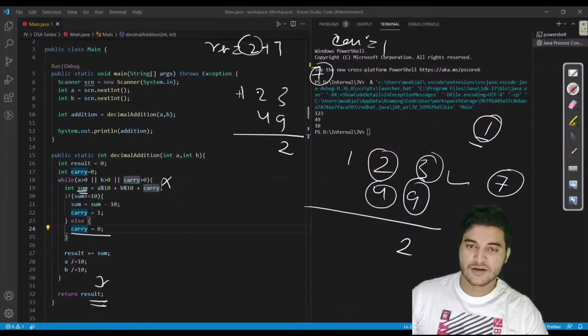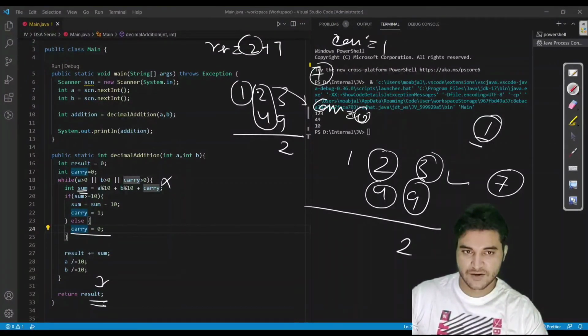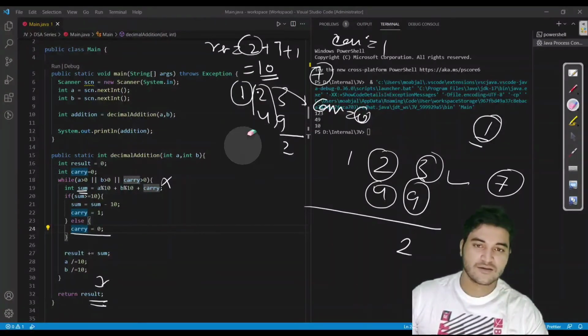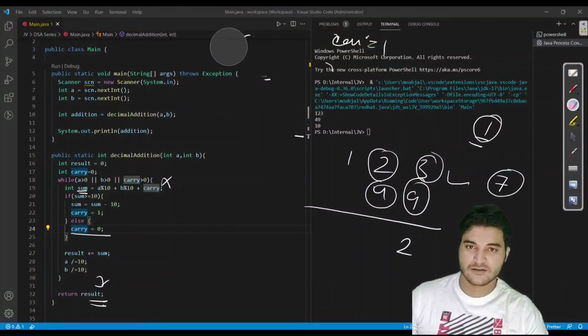In the last iteration we get 1, and we have carry as 0. So 1 plus 0 plus 0. After solving the question with this approach, we are also getting 10. So we made a slight mistake, but you understand the logic, which is why I wanted to explain this.